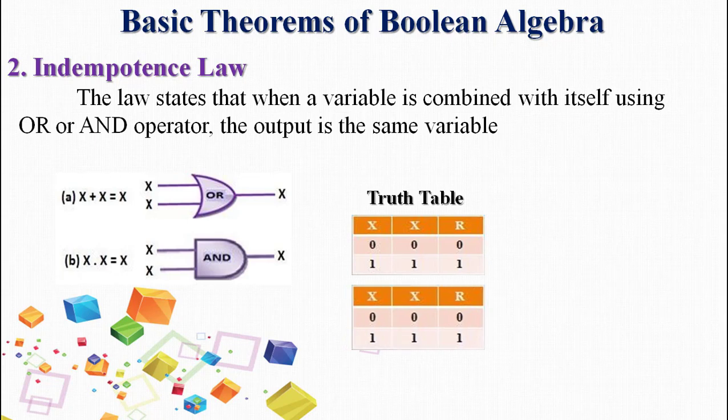Now let us prove with the help of the AND operation. Similarly, on the left hand side you have x multiplied by x. How many combinations will you have? Only one variable, called x, so the inputs will be 0 and 1. The same input will be repeated for the multiplication. 0 multiplied by 0 is 0. 1 multiplied by 1 is equal to 1. So that is the value of x, what you can see in the respective combination.